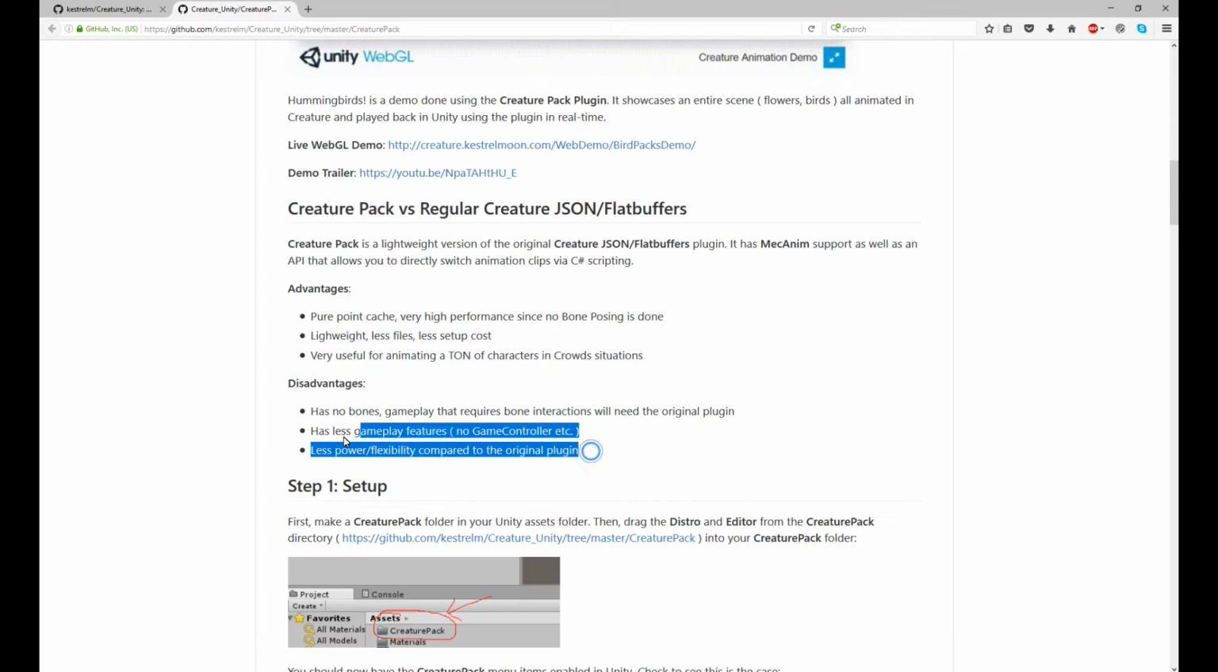So that's the basic gist of it. However, if you are using this for background characters for crowds, it's extremely useful, right? Or if you're using it for a character that doesn't need that many gameplay features, it's also extremely useful. And you can actually mix and match both the CreaturePack and the Creature JSON flat buffers format, which is what